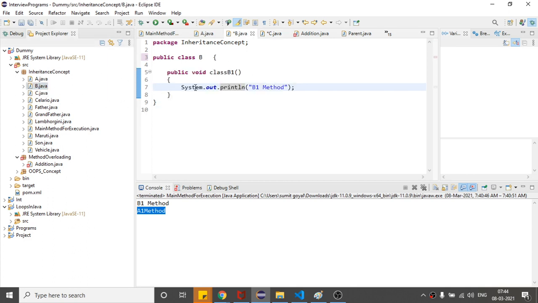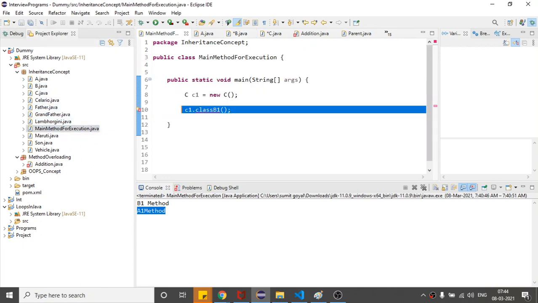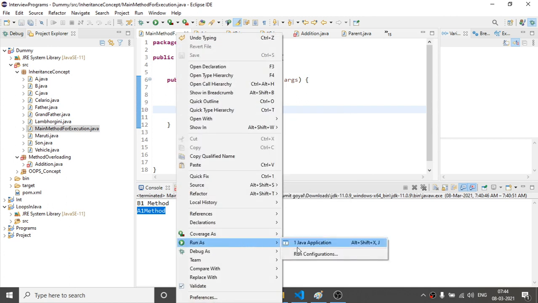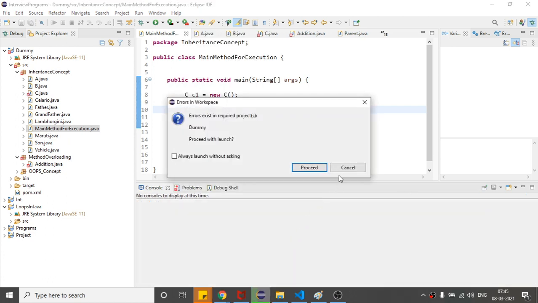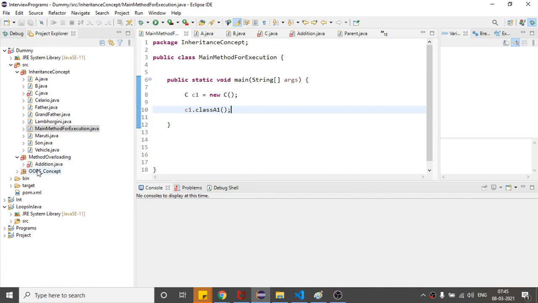So if you see, if you try to run it from the main method, like if I write, so here I have created the object of class A, and if I say c1 dot class A1, right? So here you get the method name, but are you able to run that? Let us see. So this error, let me first remove this error.